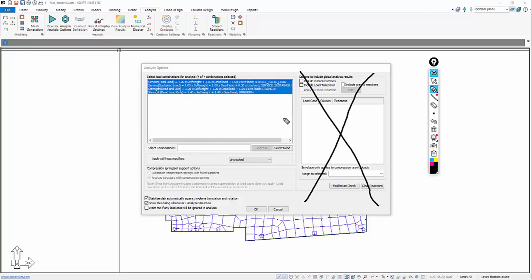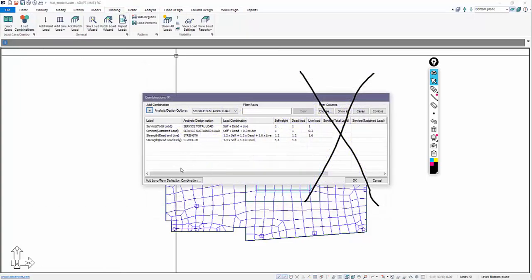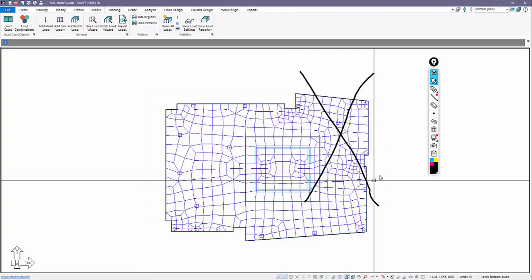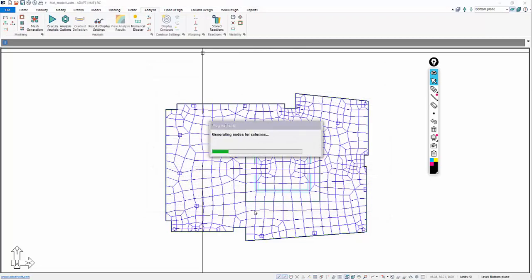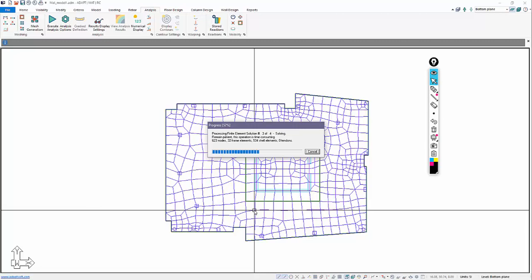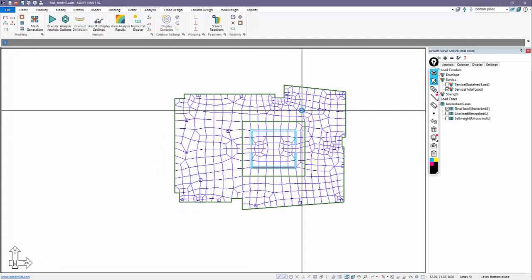We're going to use the default load combinations to evaluate this. We have a couple of service combinations and also 2 strength combinations. Again, the user can add additional combinations from loading load combos as necessary in order to evaluate the different service and strength conditions. So let's go back and execute this. Okay, we'll select yes to save the model. And we're interested really in 3 things. We're going to look at the displacement, the soil pressure. I'll show you how to look at those 2 items and then run the punching shear check.